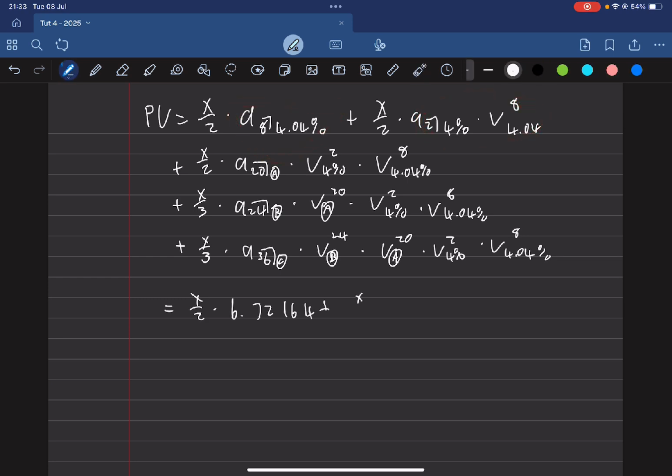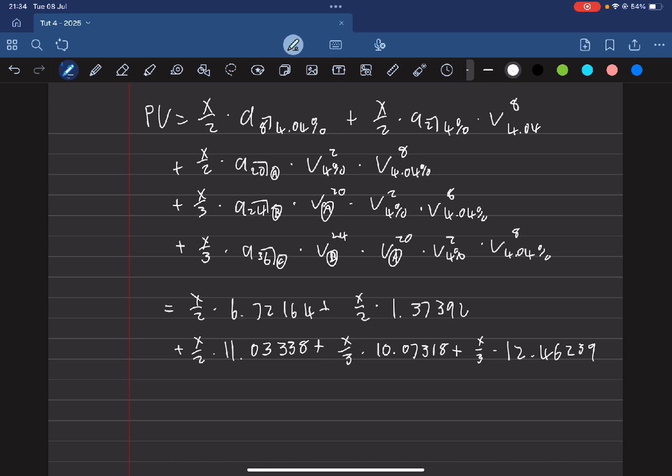Now I'm going to work out this, so x over 2 times 1.37392 plus x over 2 times 11.03338 plus x over 3 times 10.07318 plus x over 3 times 12.46239. Cool. And now I'm just going to factor out the x, and I'll collect everything. So it's going to be x times